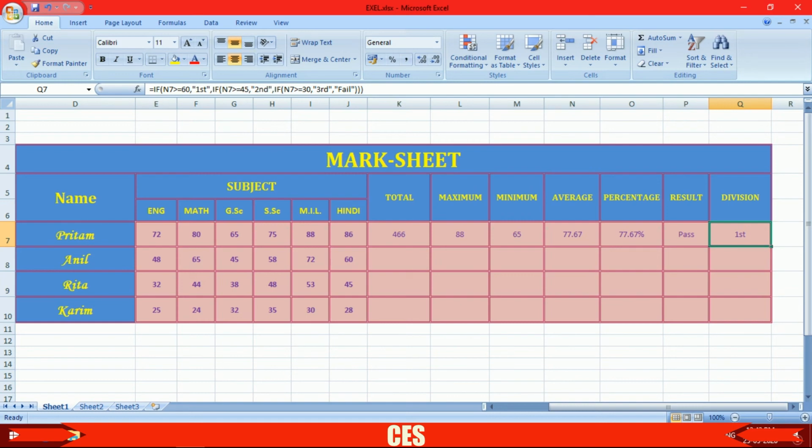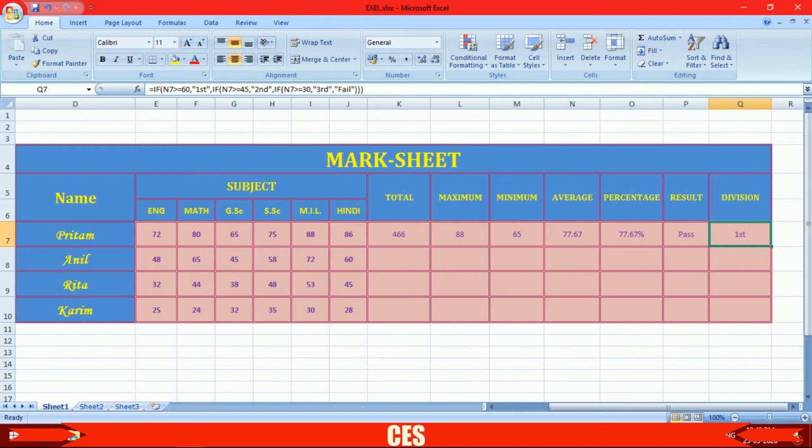At the blanks, but to calculate them we don't need to write the formulas once again. To calculate it, you just click here. Suppose we need to calculate the total marks of Anil, Rita or Karim.